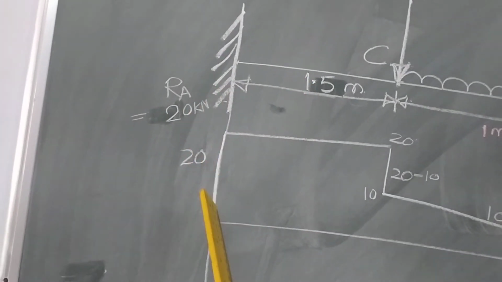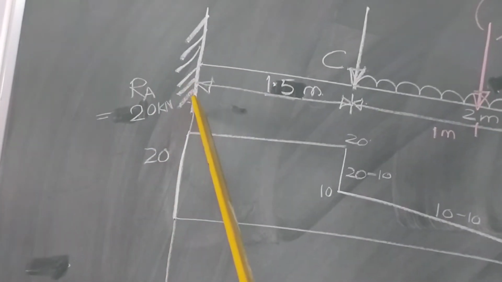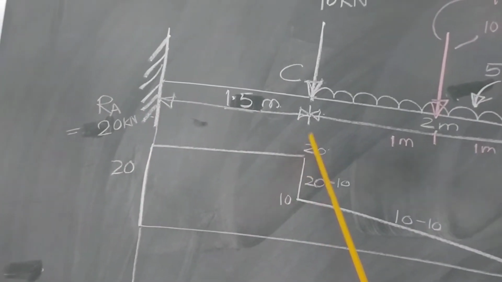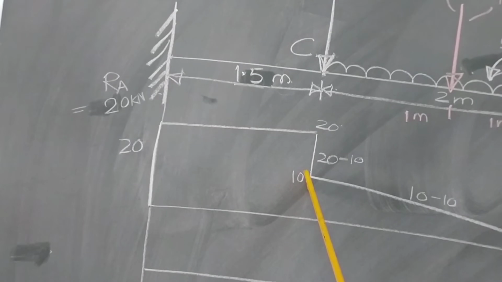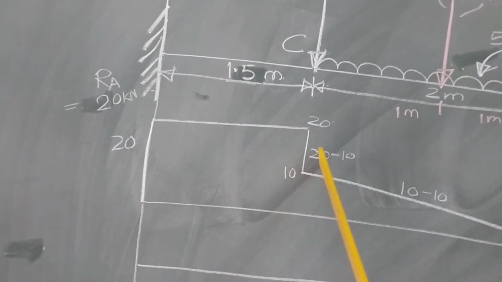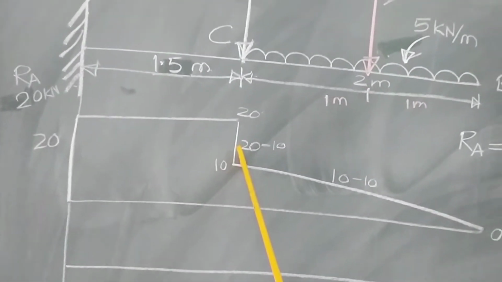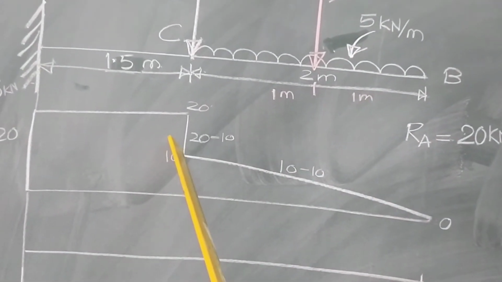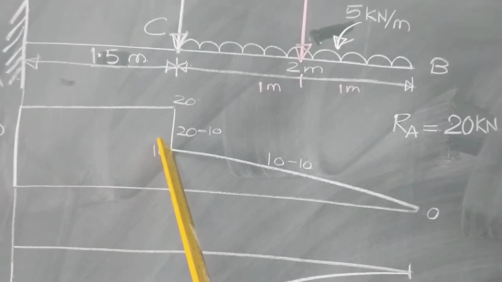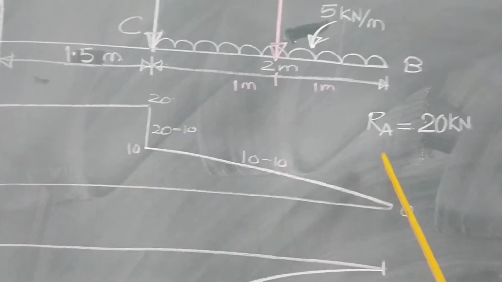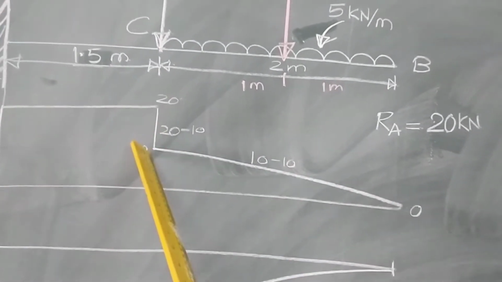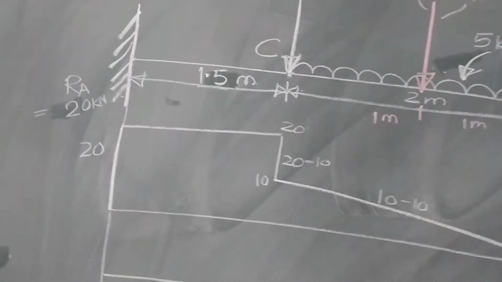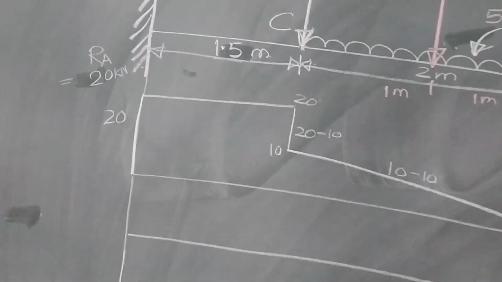Now, let us solve for shear force. So, it is 20, a horizontal straight line up to point C, minus 10. So, here 10 and 10 minus UDL of 10. So, 10 minus 10 is 0. So, join point of 10 intensity to 0 intensity by inclined straight line, which is showing UDL. This is nothing but shear force diagram.